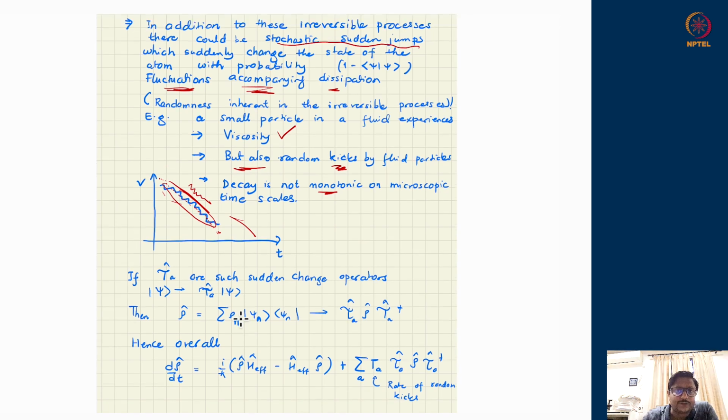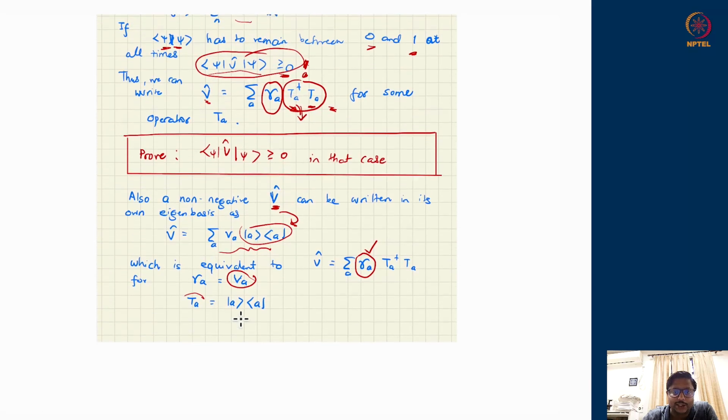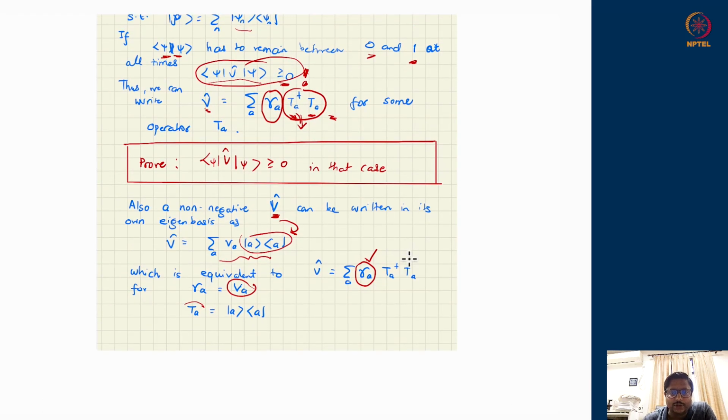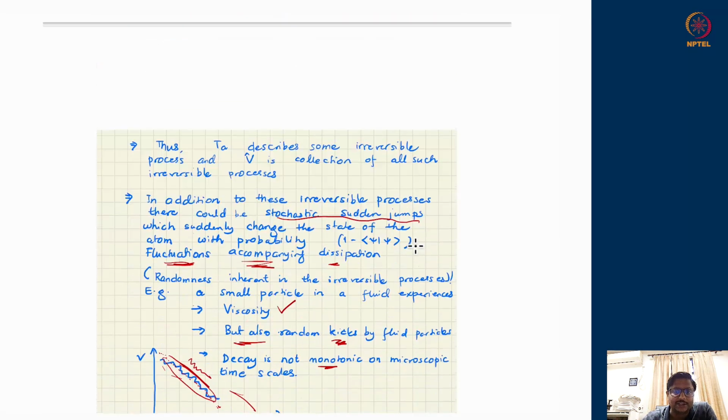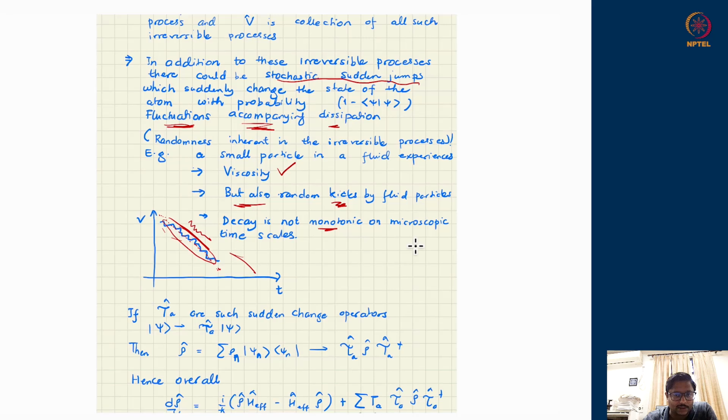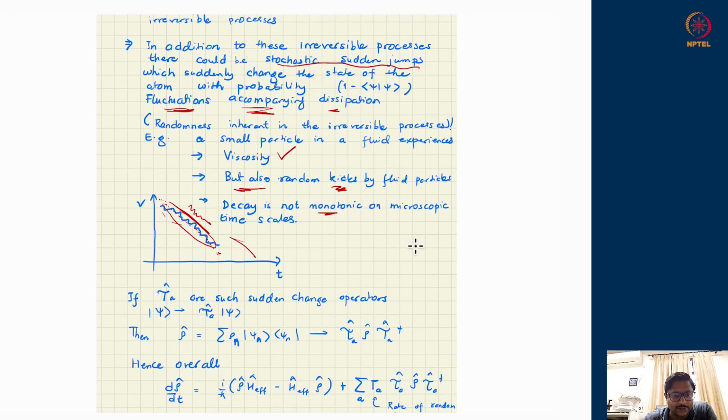So therefore, apart from these TAs, which are just controlling the smooth decay of the probability, let us assume there is some more to the openness of the quantum system. There is some sudden change operator, or stochastic operators also, which try to change the state from psi to the action of this stochastic operator acting on psi. Okay, so these stochastic operators are like kick operators, while these decay operators are the V operator or the TA operator.